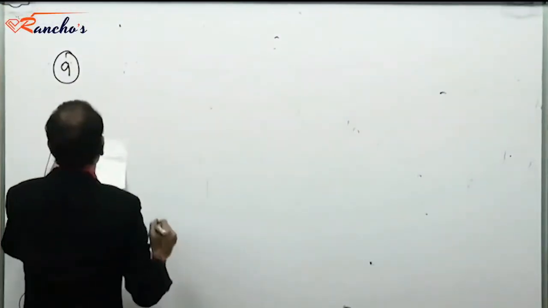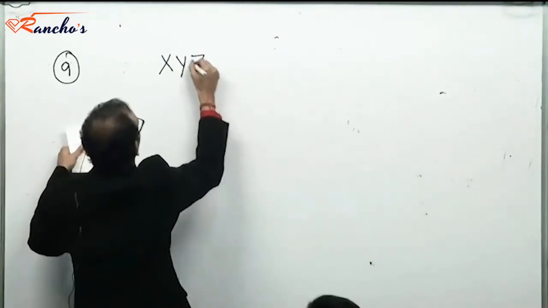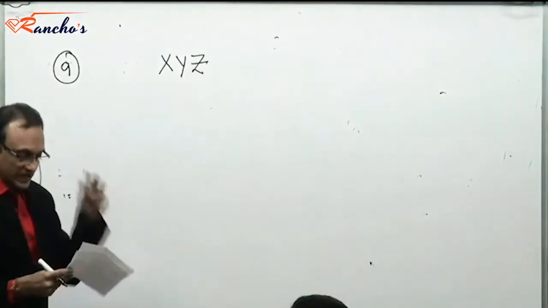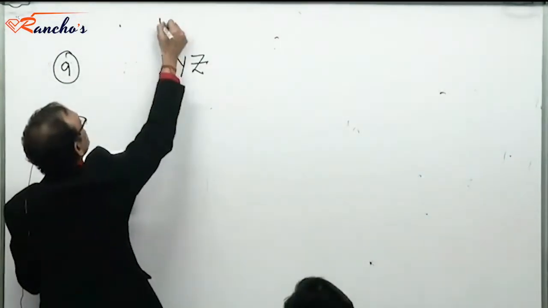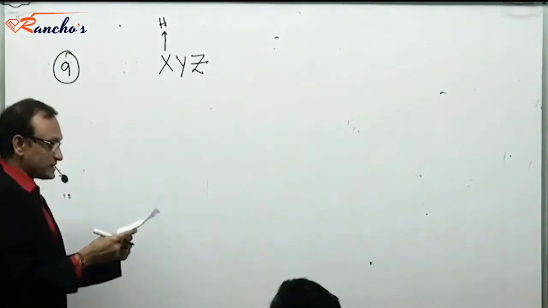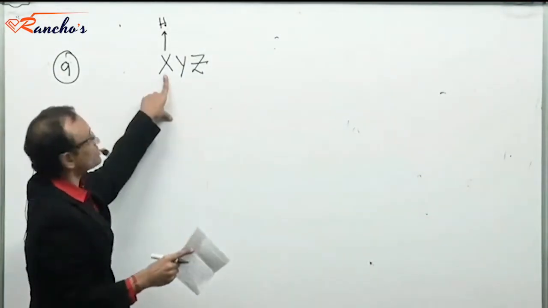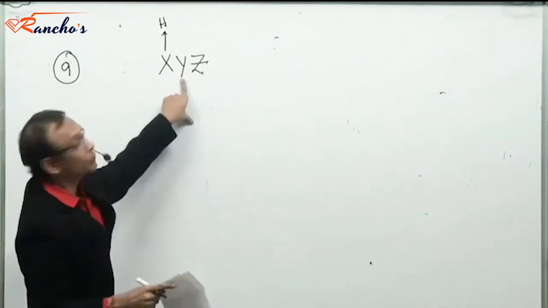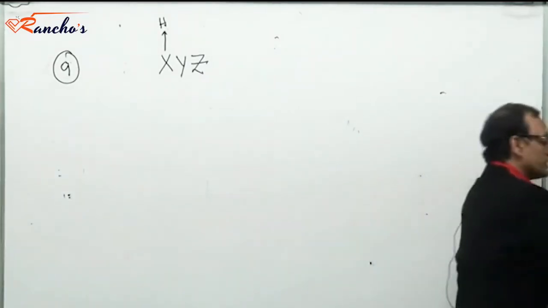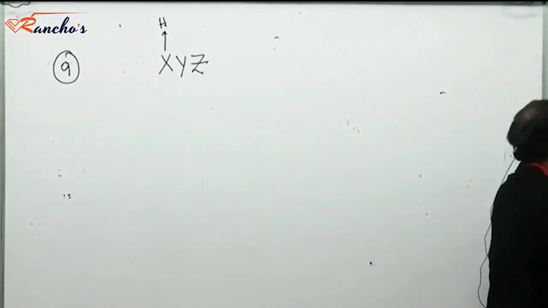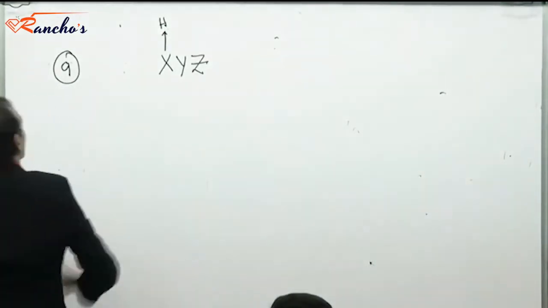Number 9 is about all 3-digit numbers x, y, z in which x is the digit at the hundreds place, and the digit at the hundreds place is greater than the other two digits. We want this digit to be greater than y and z both. How many such numbers exist in which the digit at the hundreds place is more than the other two digits?